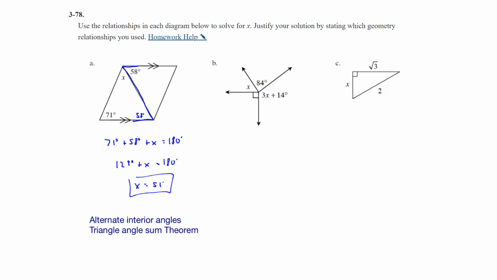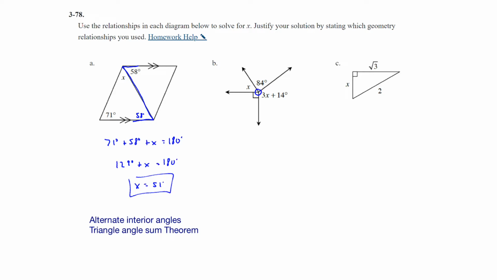Part B, a couple different things going on. We do see the 90-degree angle. We don't have any parallel lines. It also doesn't appear we have any vertical angles. We don't have any lines crossing each other exactly. But we do know that a full rotation around